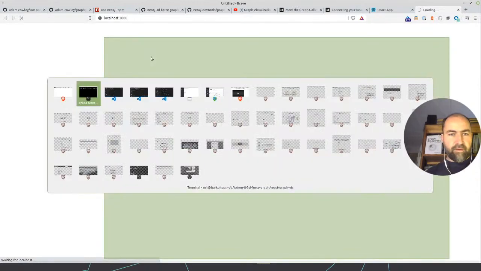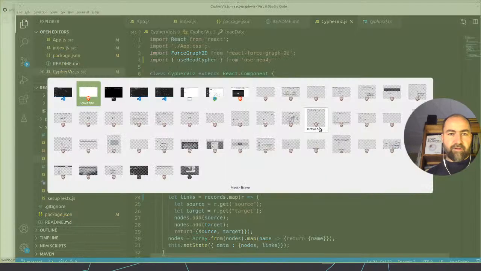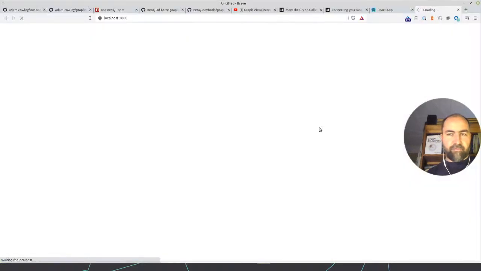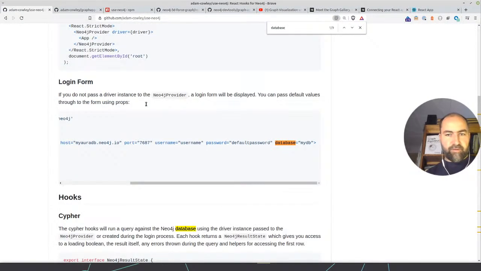Actually, I think I had used a Game of Thrones database in there, so I need to create a Game of Thrones database. So let's see if we have multi-database support in use Neo4j database. Default database, you can pass our default database to our provider.